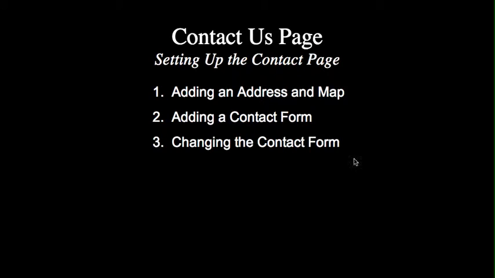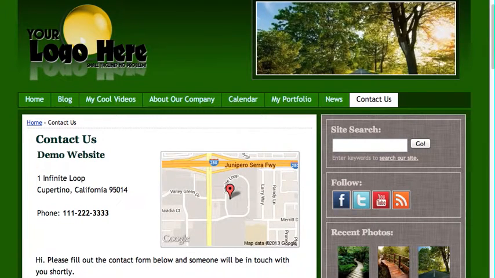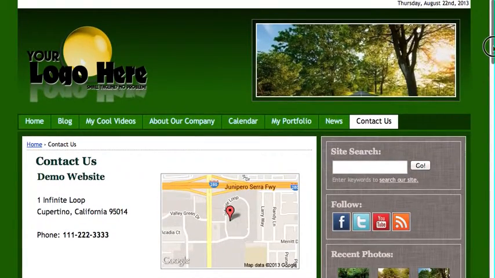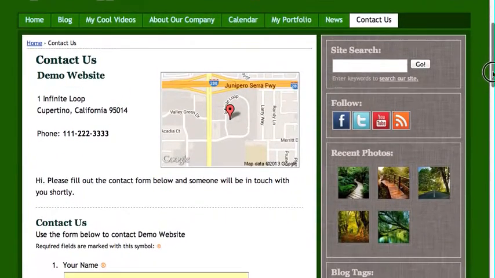In this video, we're going to look at the Contact Us page and how to set up the Contact Us page. We're going to add an address and a map. We're going to add a contact form and show you how to change the contact form. So the first thing let's do is we'll pull up our example website and just look at the built-in contact